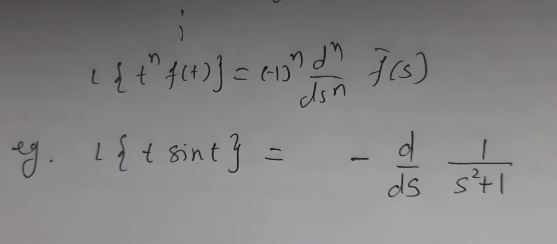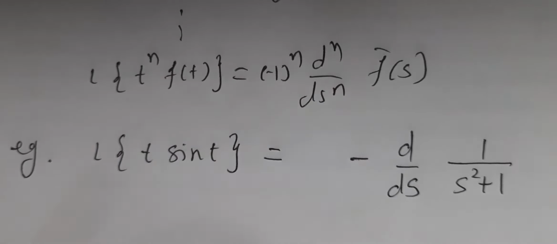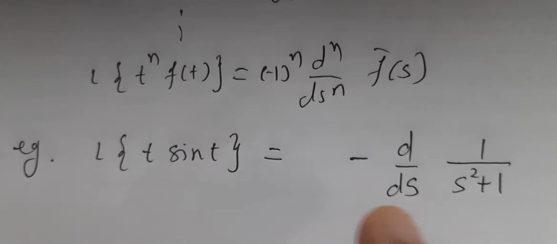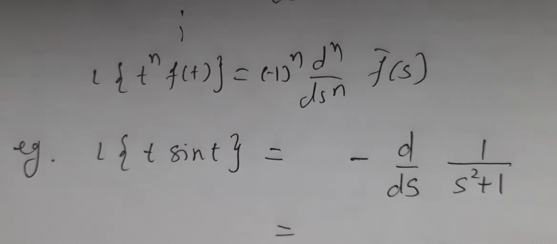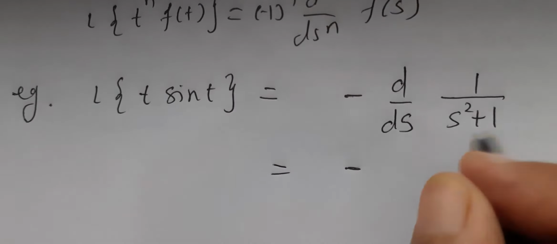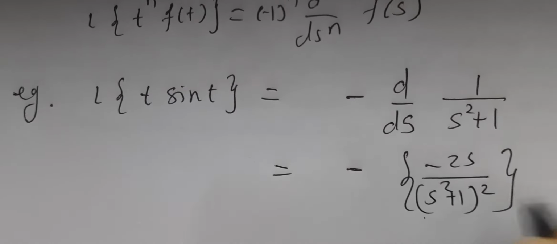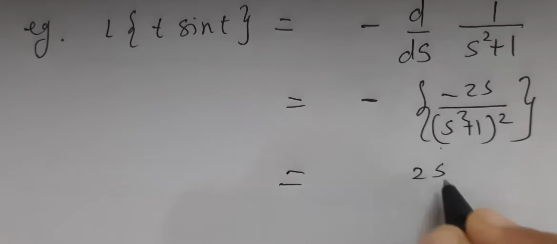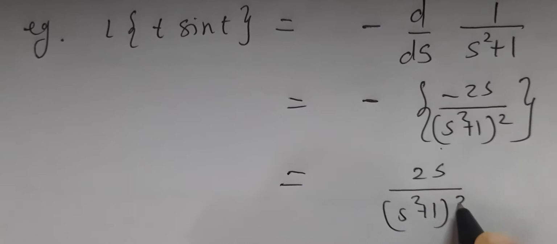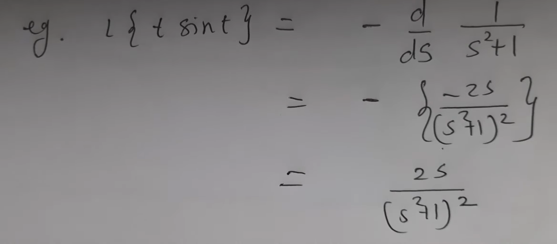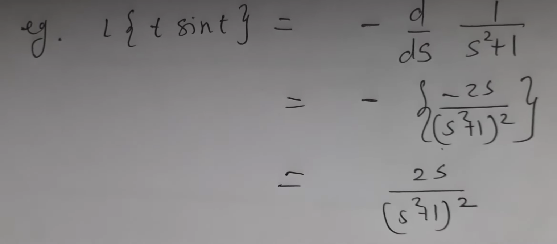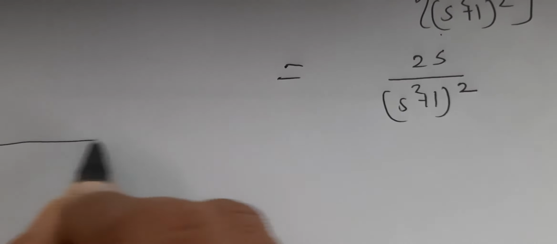So with this, now, to get this Laplace transformation, what we have to do? We have to just find Laplace of sin t, which is there in front of you, and into t means you have to go for its derivative with minus sign. I hope everyone knows how to get the derivative. So ultimately, this is the Laplace transformation of t into sin t. So this was just a simple example to understand the concept. Let's have one or two more problems.